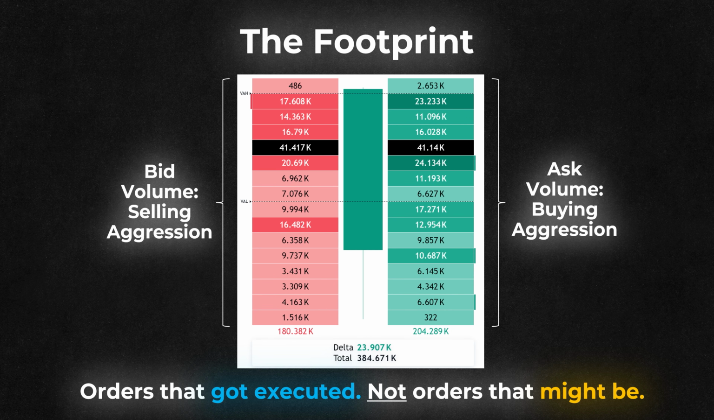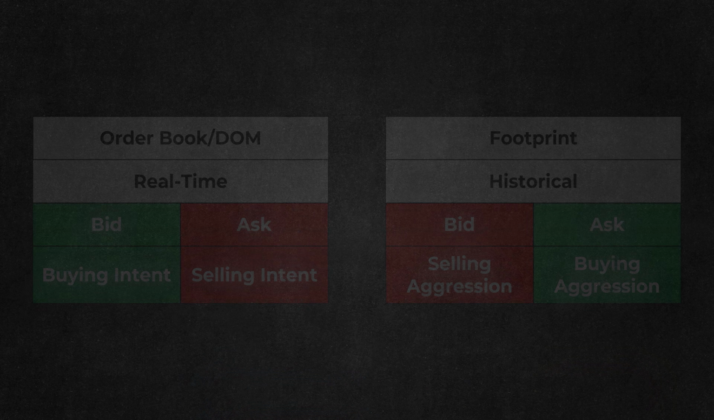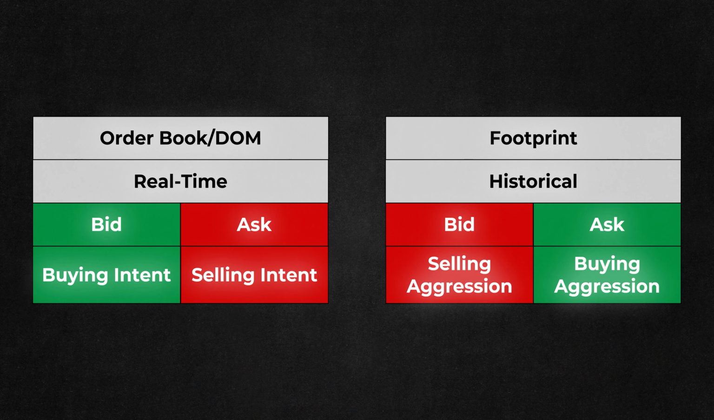Recall that when we looked at the order book, we were analyzing limit orders, limit buy orders in the bid and limit sell orders in the ask. Those were the real-time orders of the market. The footprint is a historical order flow tool, meaning that it shows the orders that got executed, not the orders